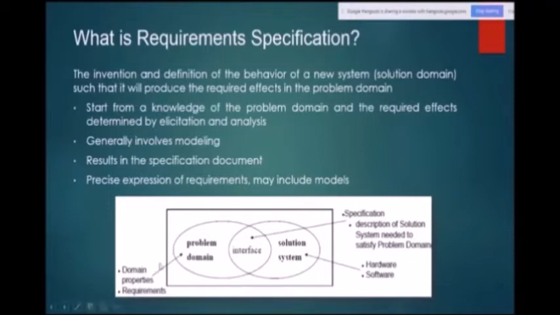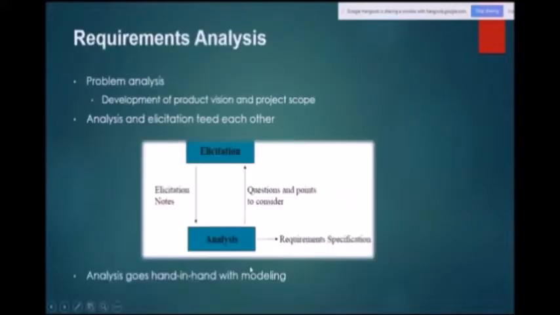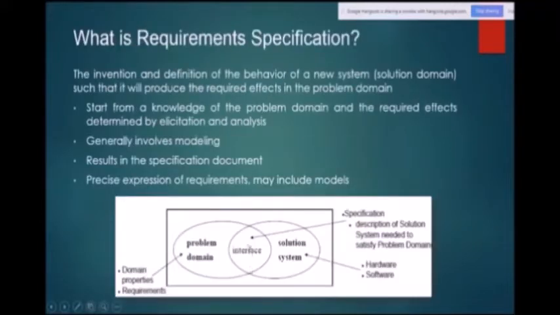If you can see the diagram, we have an interface where we are working. We have the solution system, which includes the hardware and software. The interface is the system or specification description of the solution system needed to satisfy the problem domain, and the problem domain is the domain properties or the requirements that come in the problem domain. So as I was talking about the other day, the earlier overlap.